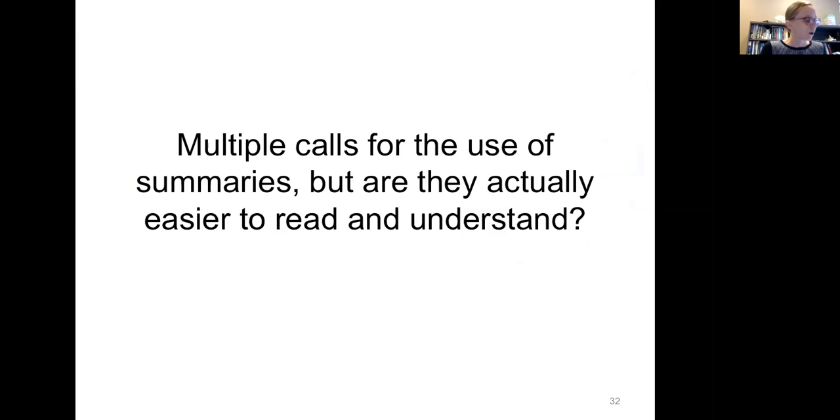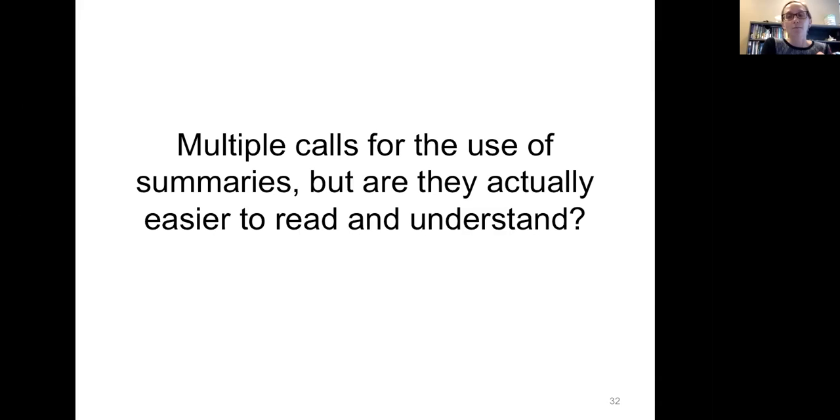Part of what happened in terms of the RCF Fellowship, and what led us to designing this kind of workshop, was us looking at the many calls out there to use summaries, to use these other approaches to not simplify but clarify your science. A lot of journals started requiring them, and scientists and authors started writing them.